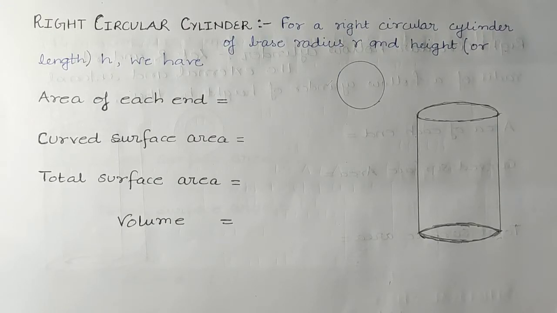So if someone asks you what can be an example of a cylinder, you can simply say that chalk, or an unused pencil, can be an example of a right circular cylinder. Here I have made a figure also. So how can you get this figure?